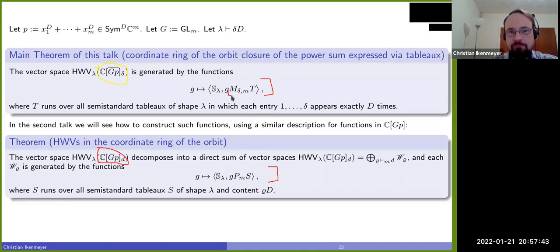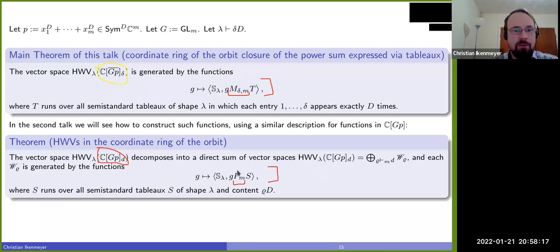Here it's M, and here is some projection P. P is actually even easier. It's just a symmetrization. This is slightly more complicated, a sum over all maps, while this is your sum over all permutations only. So these two descriptions of the coordinate rings are extremely close to each other. In the second talk, this will make it possible to draw very close connections between these two rings, which then leads to the multiplicity obstructions.